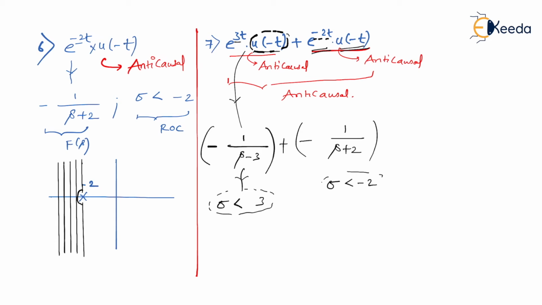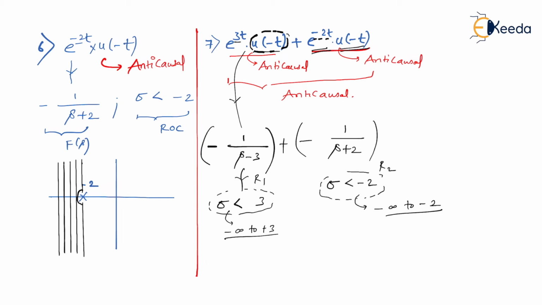So there are two ROCs now, but we know that we have to use the linearity property, and we have to use the intersection between the two. That is, we have to select the common area. Try to understand. When I say sigma lesser than 3, then it is covering the area from minus infinity to 3. Am I right? And when I say sigma lesser than minus 2, then it is covering the area from minus infinity to minus 2. So you have to select the appropriate sigma duration so that we get a common area, that is the intersection between R1 and R2, where R1 is the ROC for this and the ROC for this is R2.